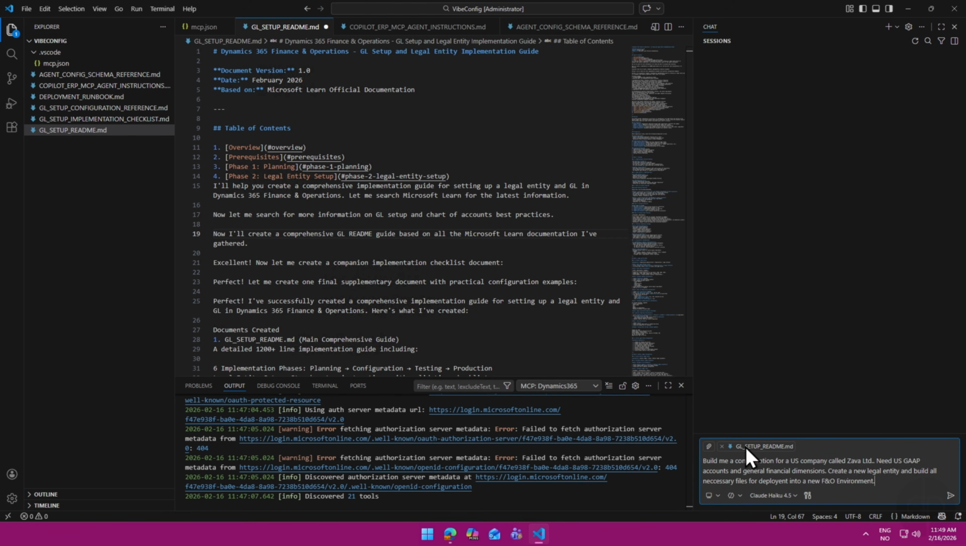Now, before I start this, there's a couple of agents. So we have different modes. We have the agent mode, which also will interact with the MCP servers. And then we have the plan mode, which will not deploy or create anything. Create CSV files in Java configuration